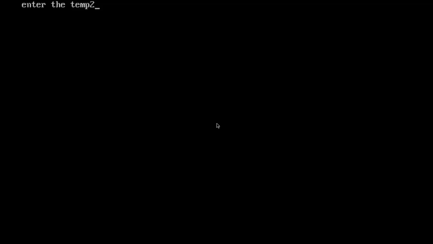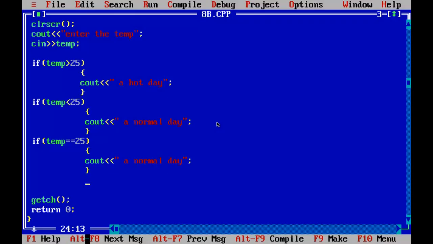For example, we enter 25. See, a normal day. Now, for example, if less than 25, we will change this message. If less than 25, a cool day, and if it is equal to 25, a normal day. We want to change the message so that you can understand.